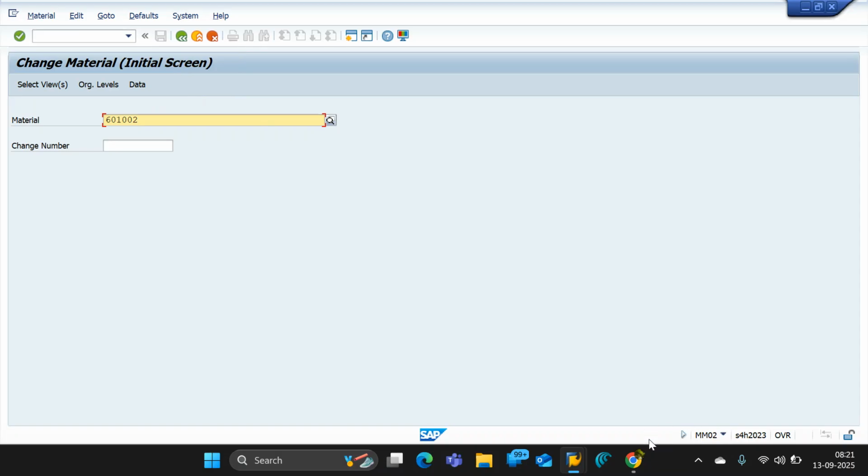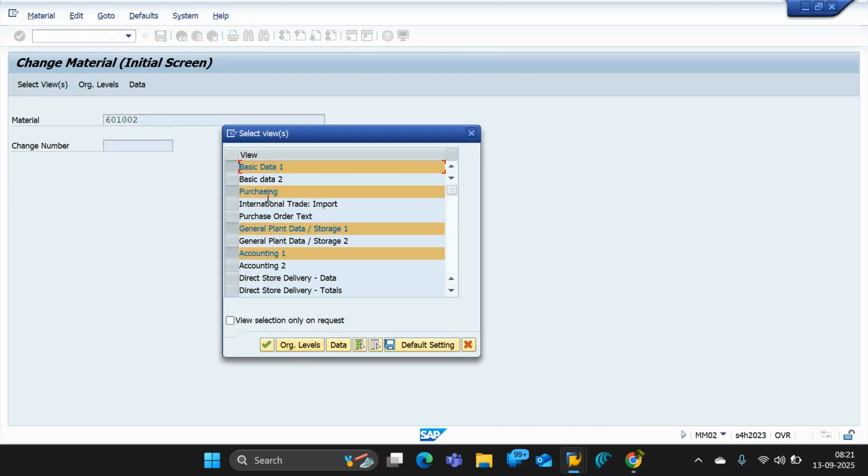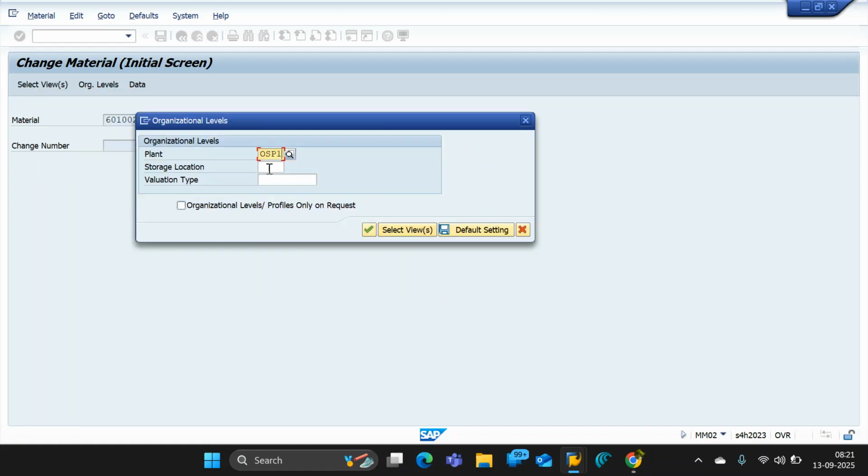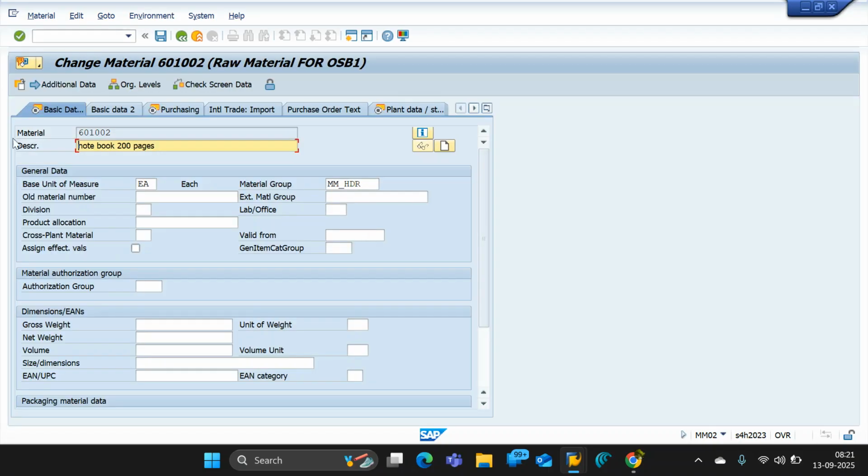So if you put MM02 in another screen, this screen will come. Okay, so select the views. What are the views you have selected? Then organization level, your plant and storage location. Look, you cannot change material number, right? You can change the descriptions. Suppose n is small, okay? So I am putting